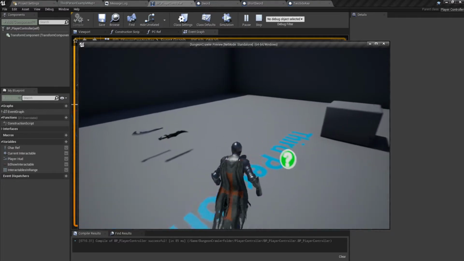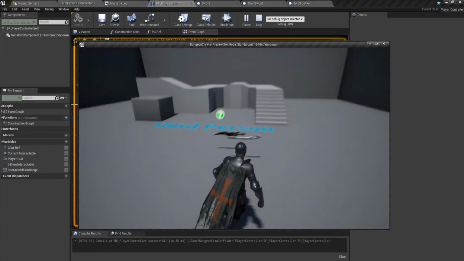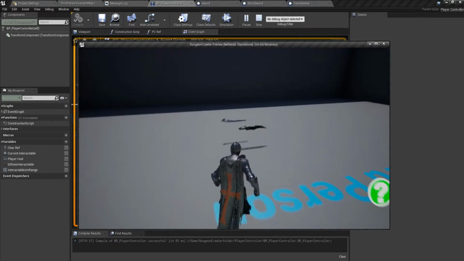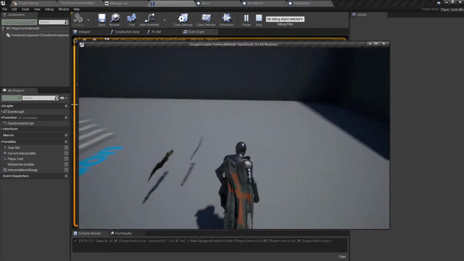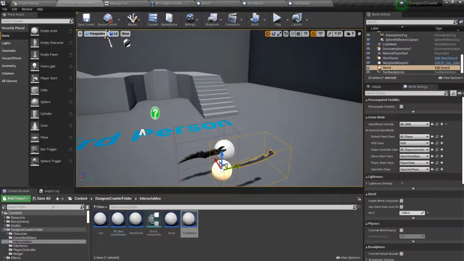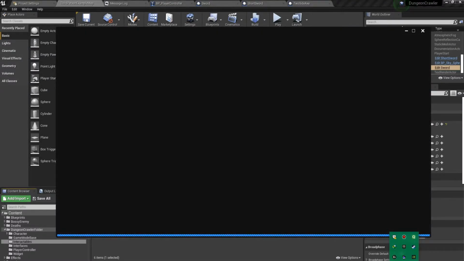In today's tutorial, we'll see how to pick up a sword and attach it to our hand, and we will also see how we can pick up a new sword and drop the existing sword back into the world. But before we start coding, we need to migrate some contents from another project. So open up your Epic Games Launcher,